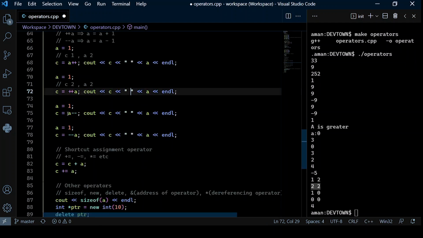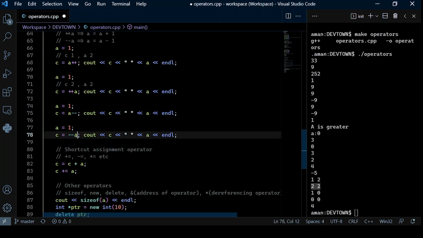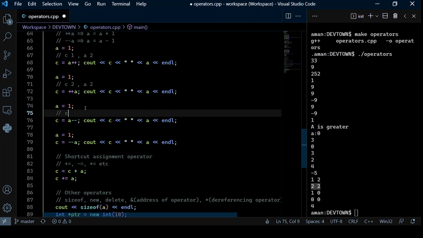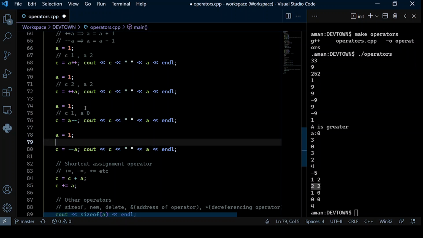Similarly, it works the same with decrement operators. So if we are doing a post decrement, it will first... C is 0, A is 1. What it will do is first assign the value of A to C. C becomes 1, and then it will go on to decrement the value of A to 0. Similarly here,